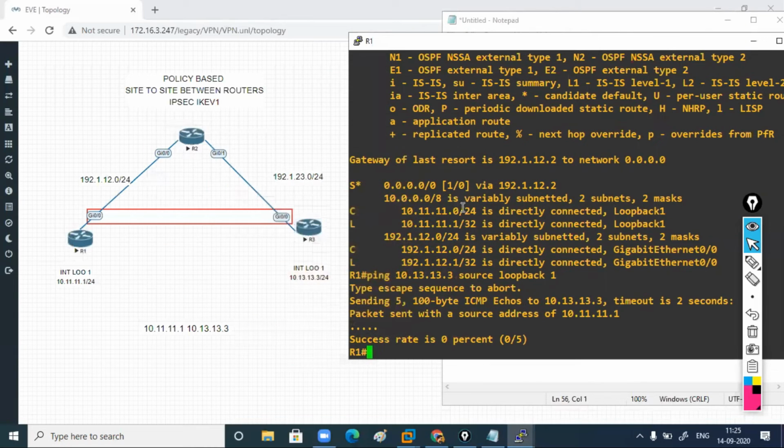So our task is, I'll not send traffic through the ISP. Rather, I'll create a tunnel between the two sites over the ISP, and I'll be communicating via the tunnel. That's our target. I'll be communicating via the tunnel from one site to another site. So I want to communicate through the tunnel. So let's create the